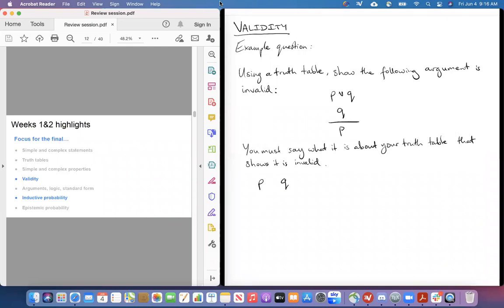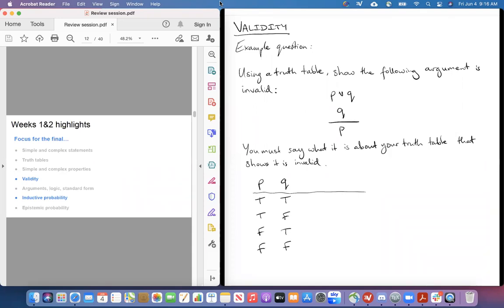So we start with P and Q. We start the same way. P will be true, true, false, false. Q will be true, false, true, false. Now we can notice a few things. P and Q both appear in this argument. P is the conclusion. Q is one of the premises. So all we've got to do